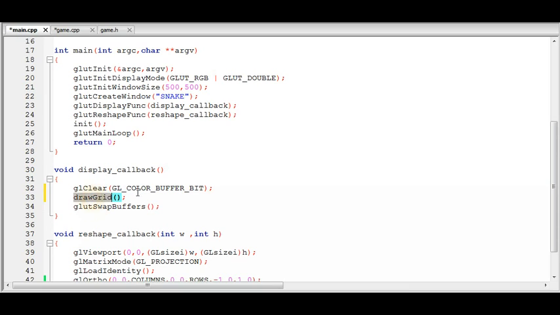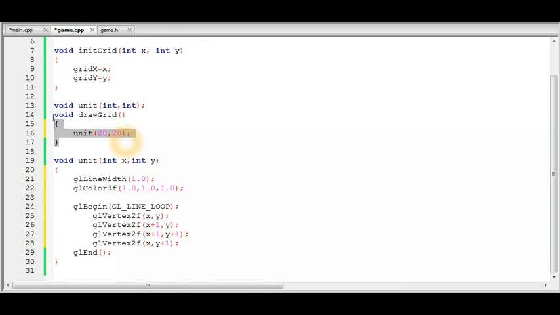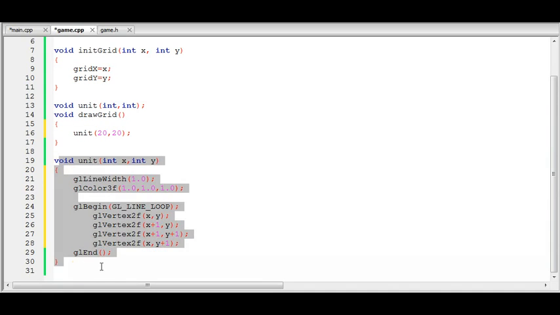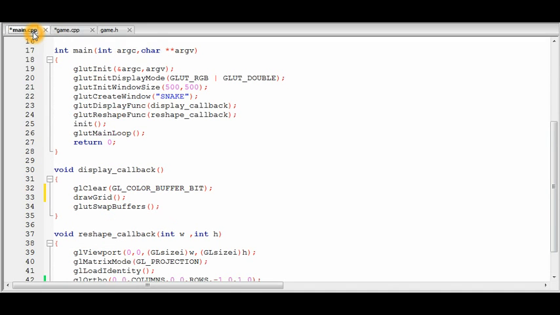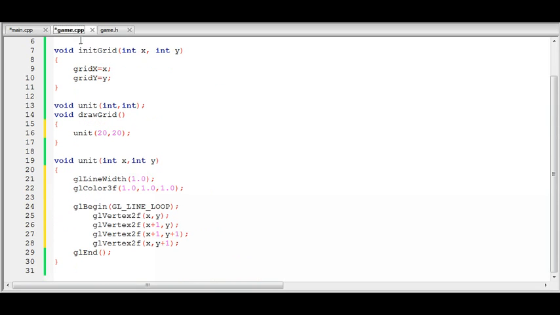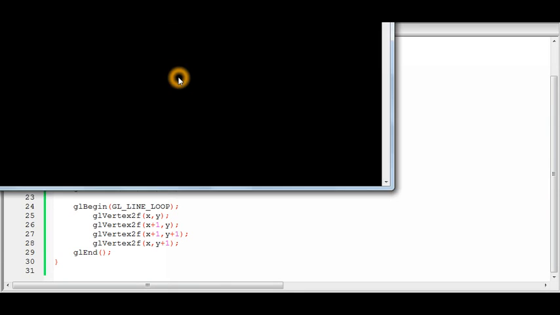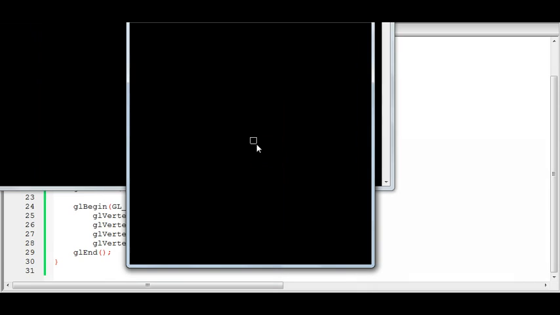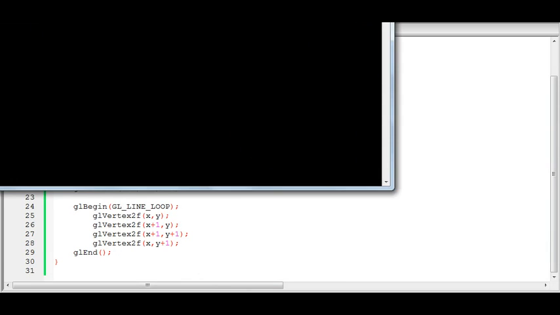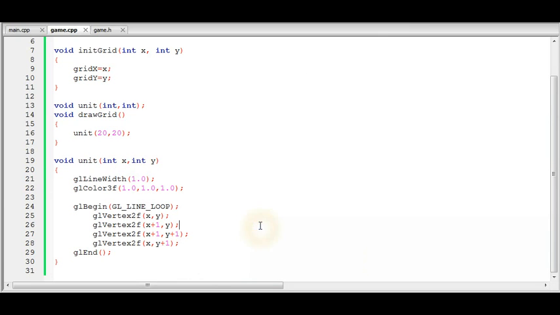And so the grid will be drawn on every frame. This function will be called from here, and this unit function will be called, stuff will be drawn, and then it will jump back to this, and the buffers will be swapped, and the grid will be displayed for a frame. Now let's try and run our program and see if there are any errors. There aren't any, so we get a square right here as we wanted. And so now for drawing a whole grid,